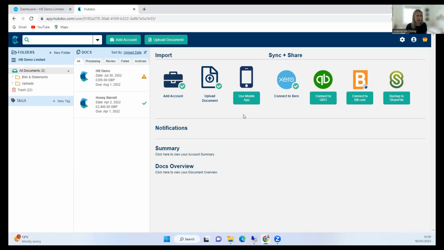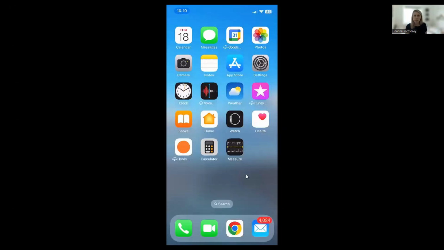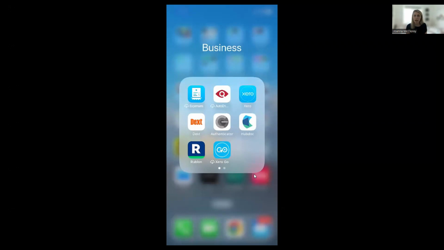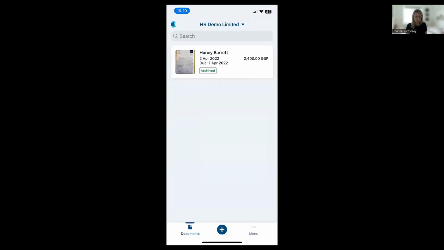And how we use the app, I'm going to try and show you on my phone. Let me just mirror my screen. Okay, so hopefully you can see that. So what I'm going to do, I'm going to go to the Hubdoc app. I've got it here, and it's